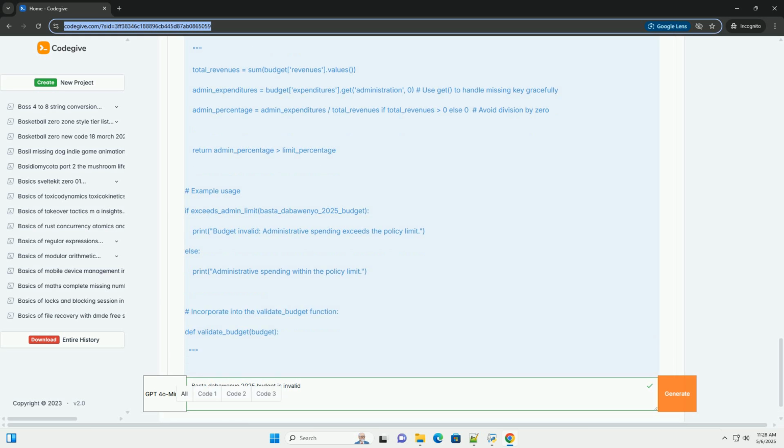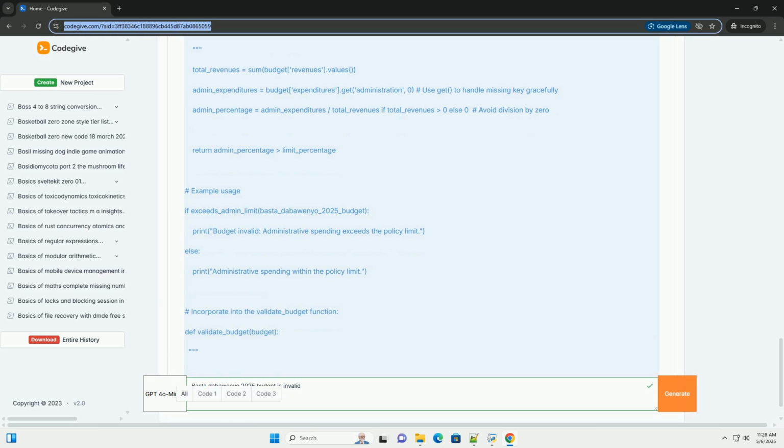3. Putting it all together, a comprehensive validation function. Key improvements in the comprehensive example: Centralized validation: all validation rules are consolidated into a single function. Early exit: the function exits immediately if a validation rule fails, improving efficiency.